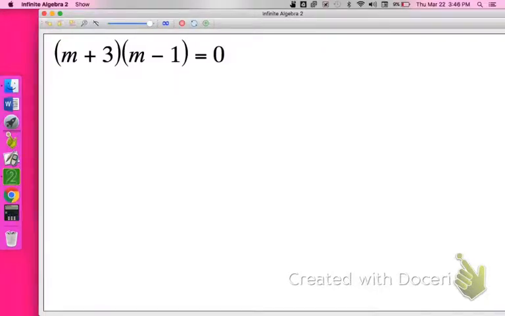Okay, in this video, Landon, I'm going to introduce you to what is known as the zero product property. We're actually solving this equation. Notice that we have an equal sign. So anytime you have an equal sign, you have an equation. And this is going to have two answers because we have two m's, and each one is going to hold